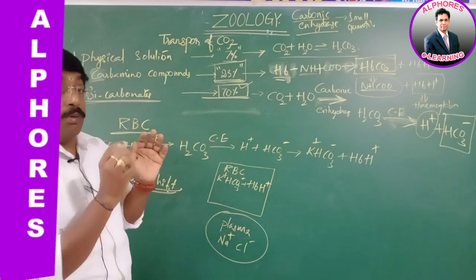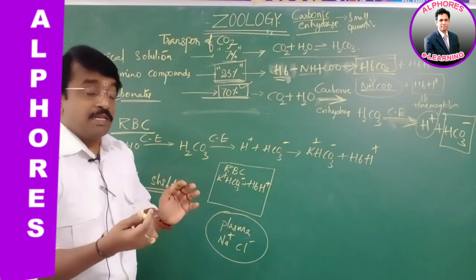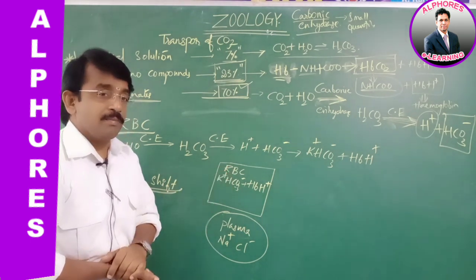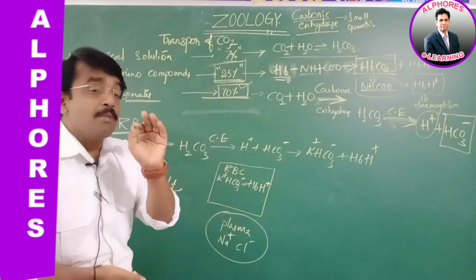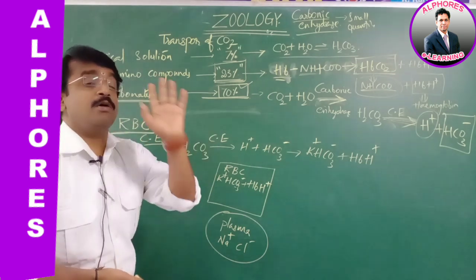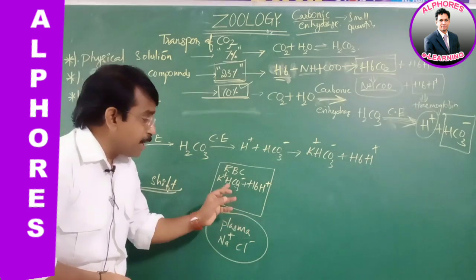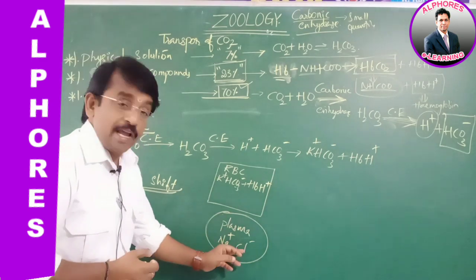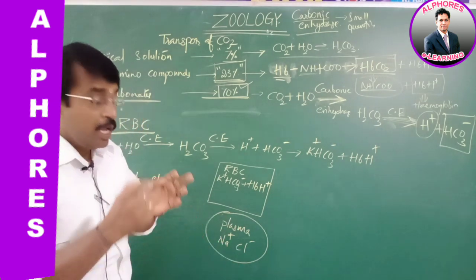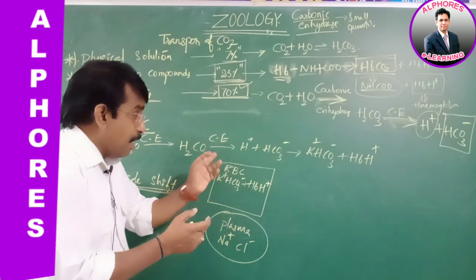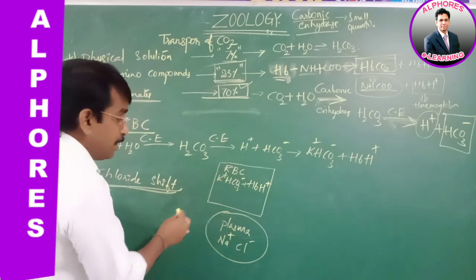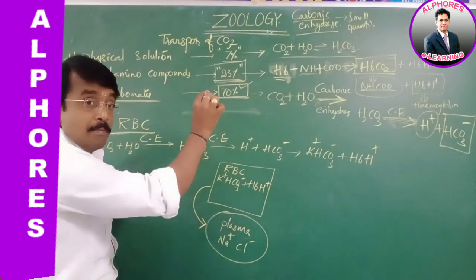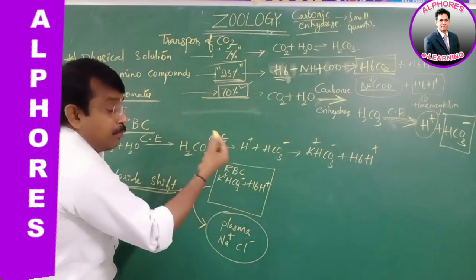So now you may raise a question: why not exchange the cations? RBC have a permeability for anions. Is bicarbonate ion an anion or not? Yes. Is chloride ion an anion or not? Yes. So in this connection, the RBC mutually exchange the bicarbonate ions formed by the breakdown of carbonic acid into